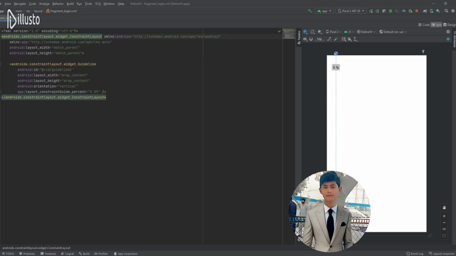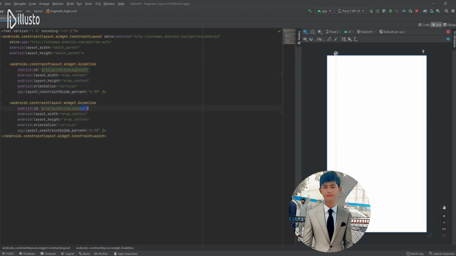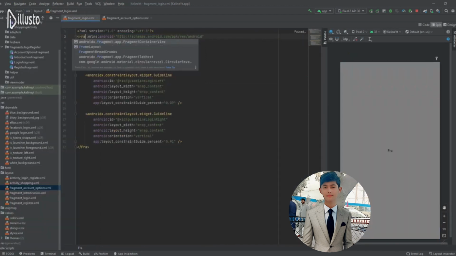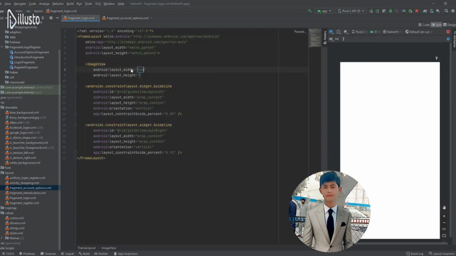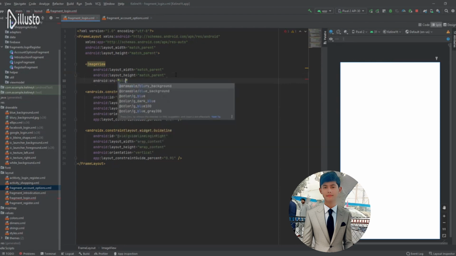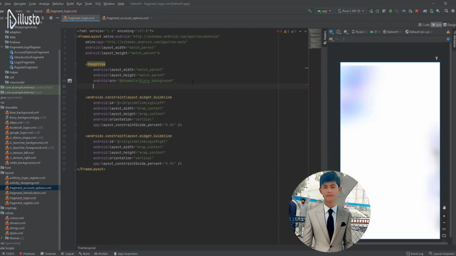Then create another one, but first let's actually change the name. So guideline login left, copy this, paste it, and this is gonna be on the right, and the percentage here is 91. We need to convert this first to frame layout, and then let's add an image view to take the background image. It's gonna take match parent, and match parent. The source is blurry image, blurry background, and we can add scale type, center crop,